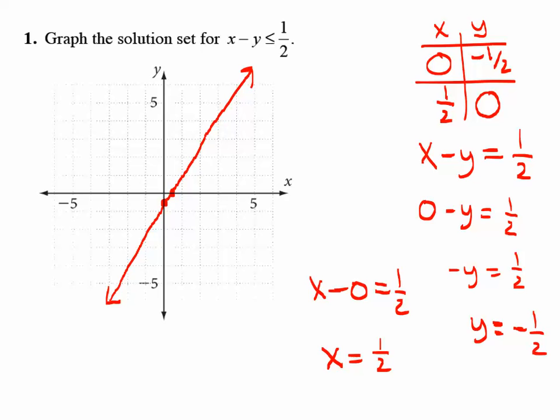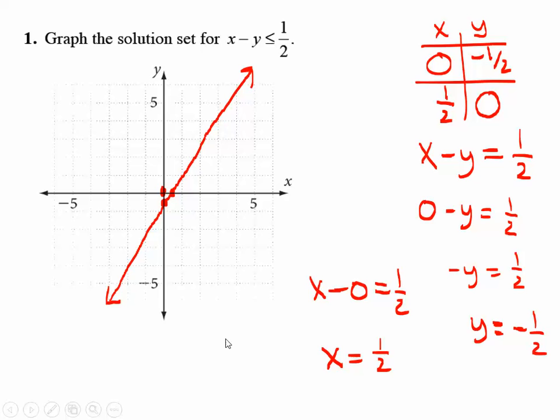And now let's talk about it. We also want the stuff on either this side of the line or this side of the line, because of the inequality. The inequality says there's stuff to the side of the line as well that we want. So we've got to figure out which side is where the shade needs to be, and the shade that we want is the one that fulfills this inequality, because we're still looking for solutions. We good? So we're going to pick a test point somewhere that's not on this line. Anywhere, as long as it's not on the line. And the best one to pick,